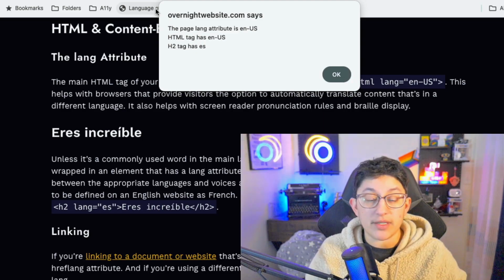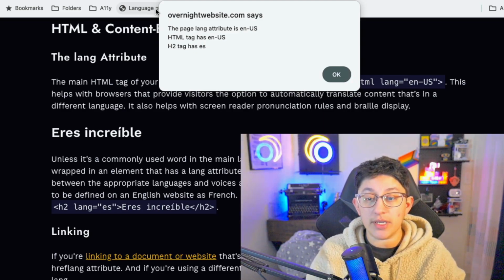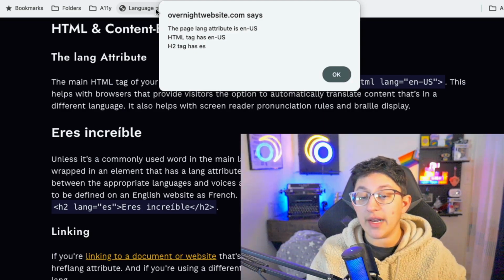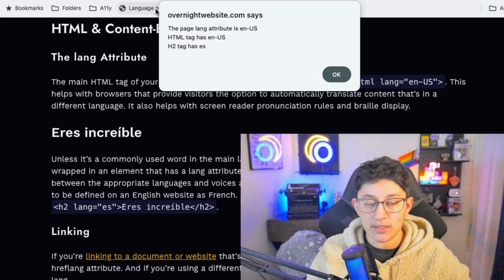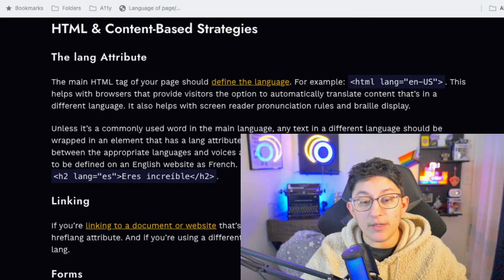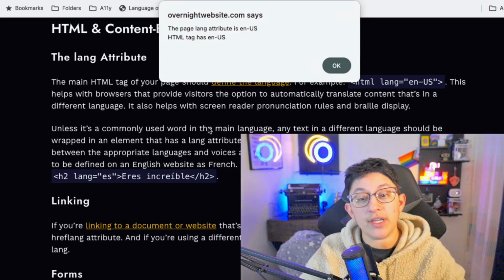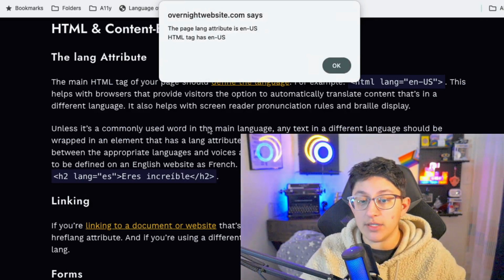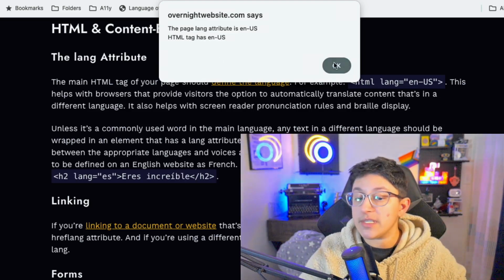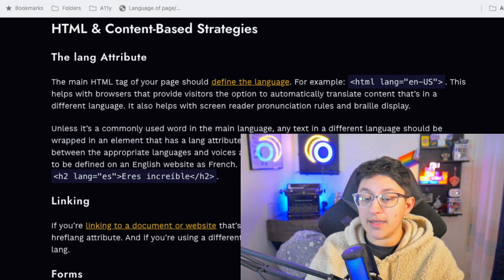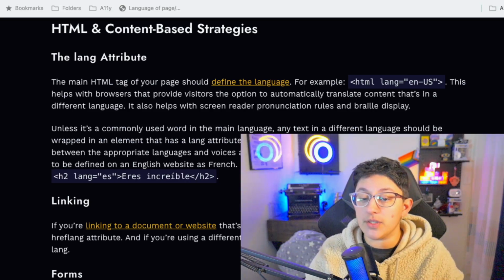the information about the tags that are being used that have lang attributes. You have the page lang attribute is en-us, HTML tag has en-us, and then I have an h2 tag that has es. And if we take a look at an example of this same page without that Spanish heading in it, and we click on the bookmarklet, it's going to show us that the page lang attribute is en-us and HTML tag has en-us, but it's not going to show us that any other piece of the site has any other kind of lang attributes because it doesn't exist.